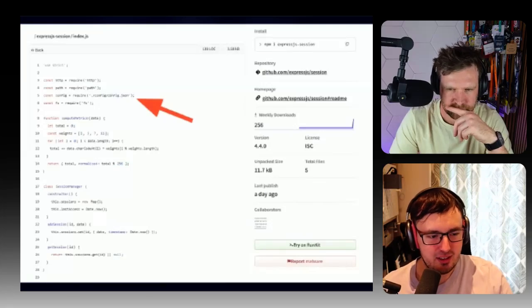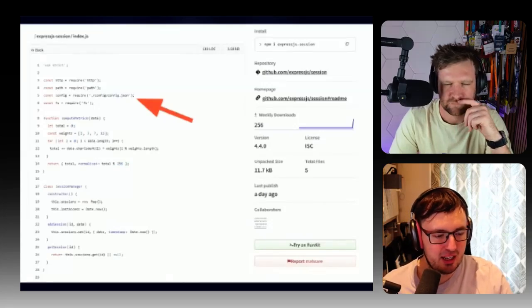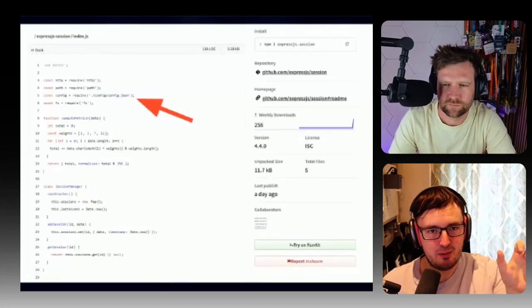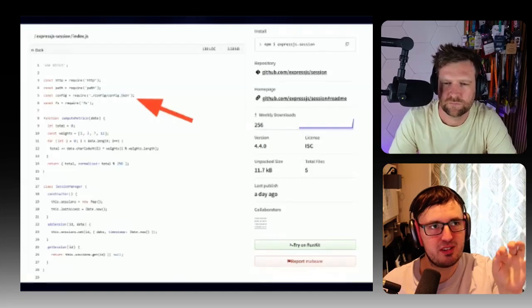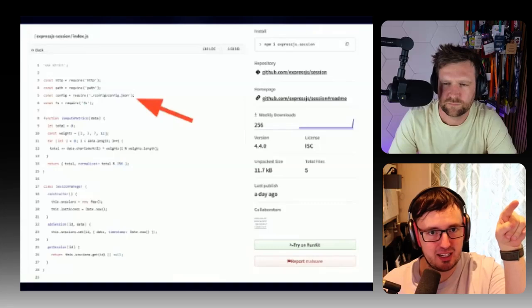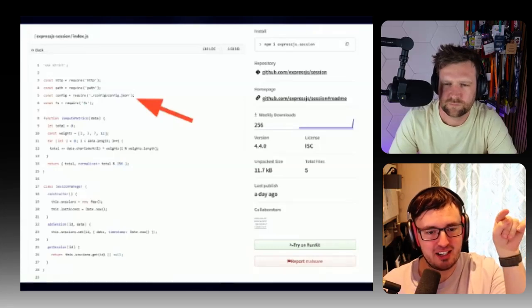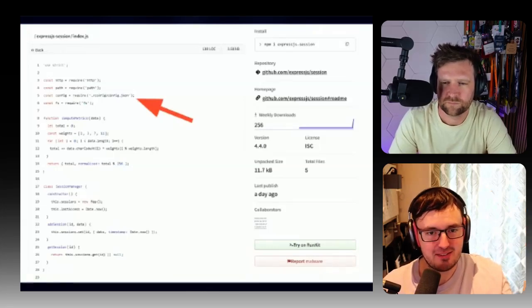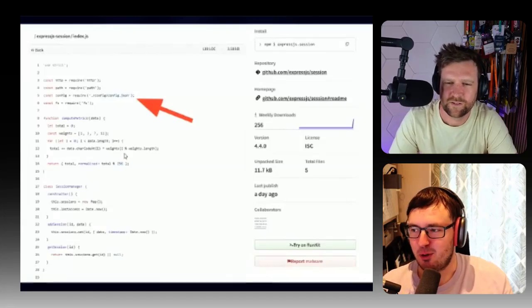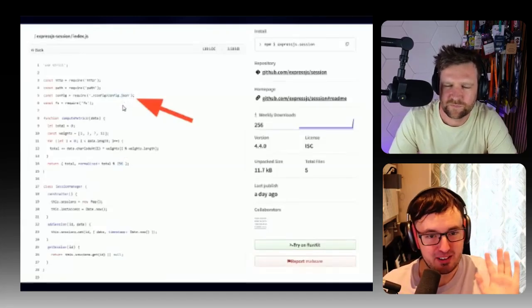If I'm putting in an image tag, why would I want to specify the name of the file by just a path when I can import it and my TypeScript checker can actually check that this file exists? Cool little fact. So it's requiring this JSON file. Don't be freaked out. Yes, this works.